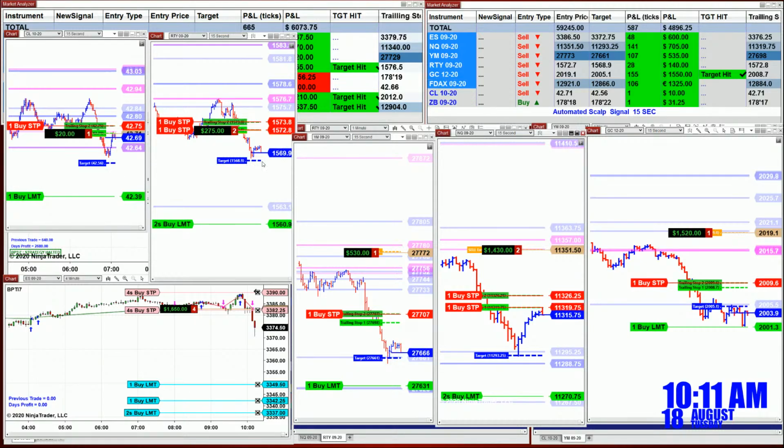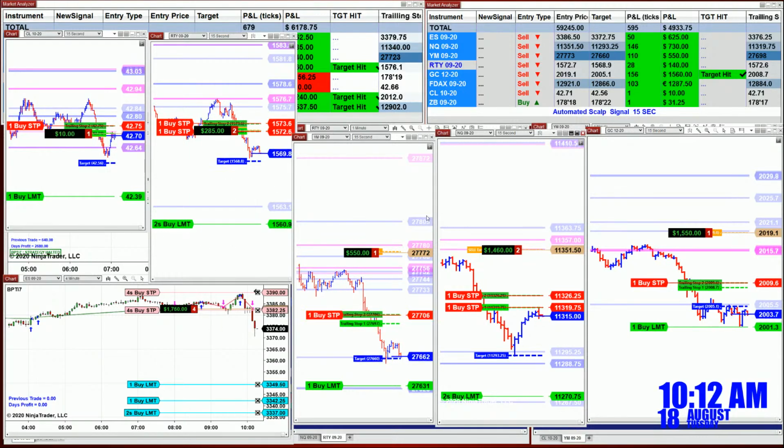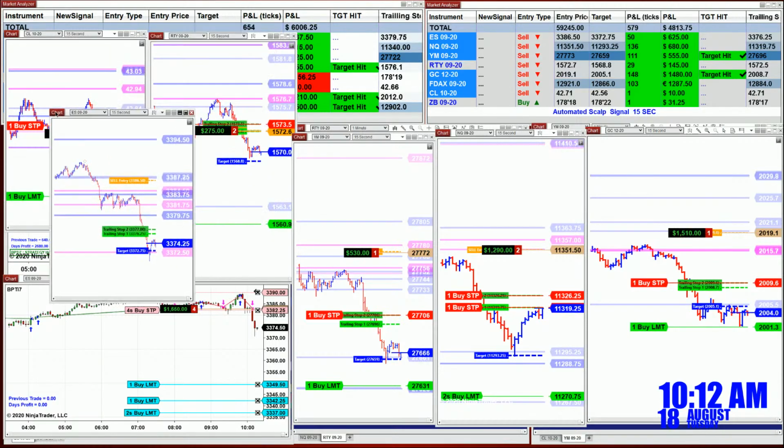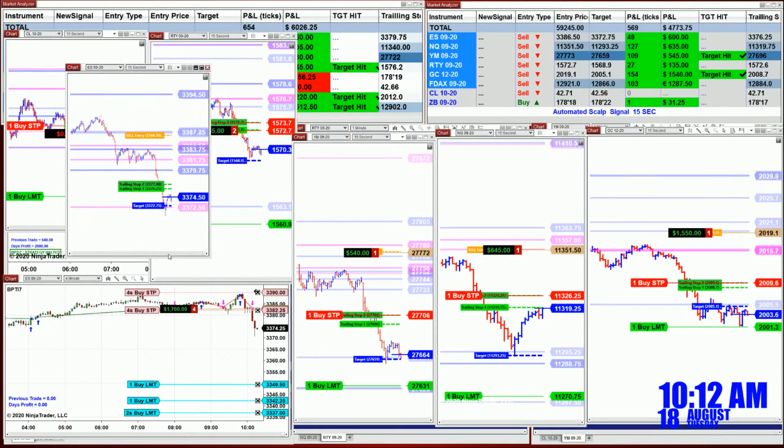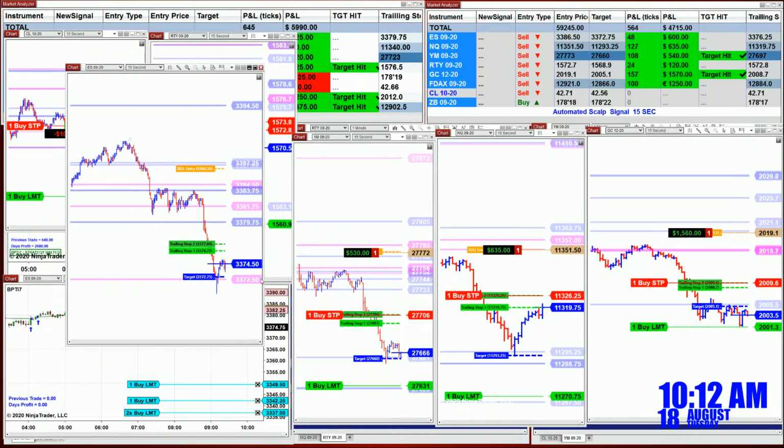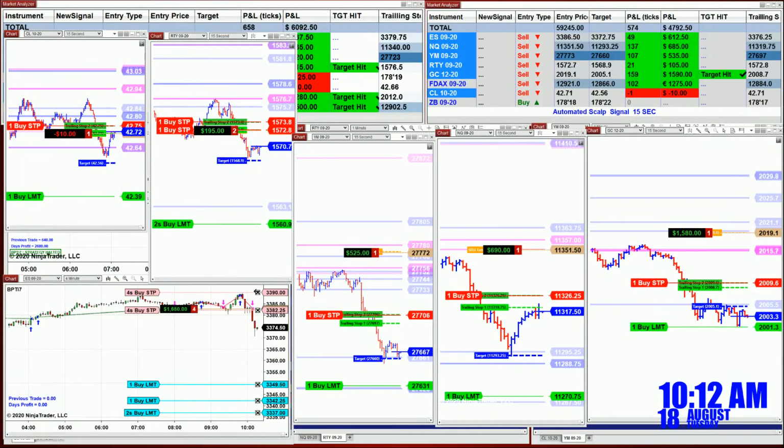The Russell came in right at the target, and we are still watching Mr. ES, to see what will happen. On the scalper, the ES was not fast enough to show it, but it already hit the target on the ES, and there is nothing we can do. 33.72, and we are